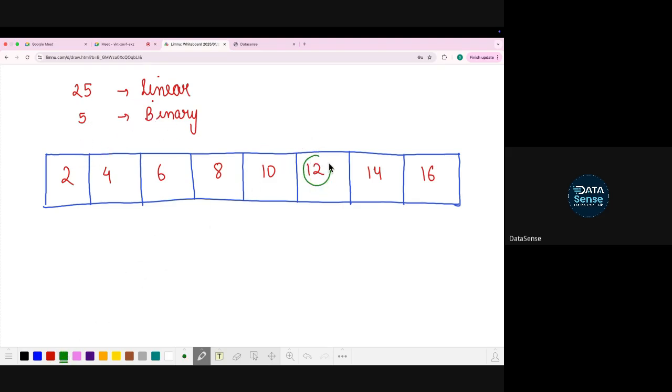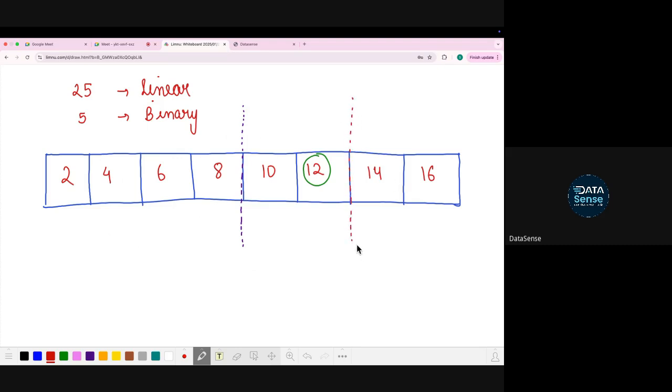Okay, let's try to understand how we'll be doing it in binary search. So what will we do in binary search? We will first count: 1 2 3 4 5 6 7 8, there are 8 elements. So I will make a split. So this will be my first split, where I'll split it into 2 halves, right? Now tell me, where is my answer lying, in this part or this part? Second part. Okay, this is my second part. Now I'll make another split here. This is 1 2 3 4, so I'll make a split at the half.